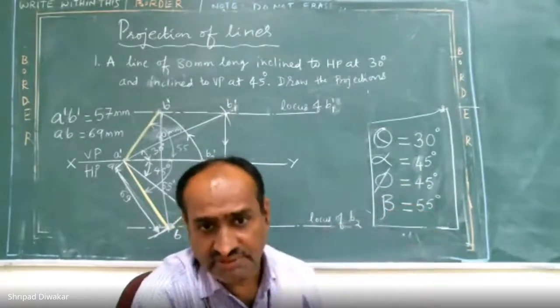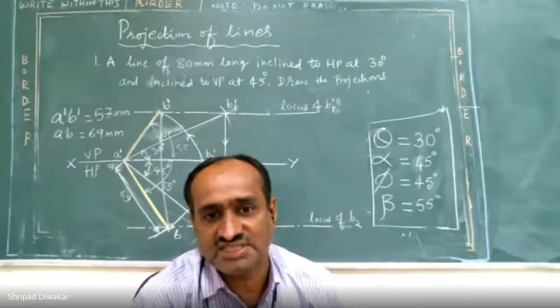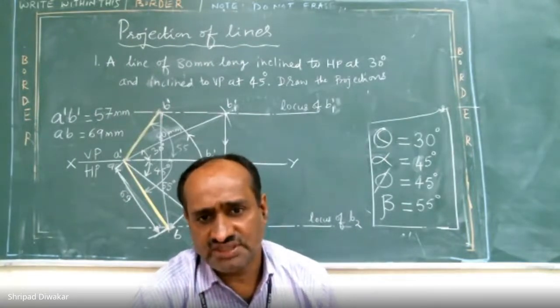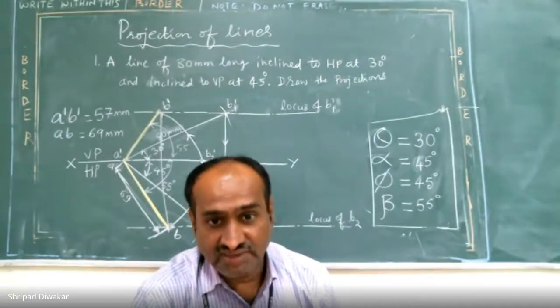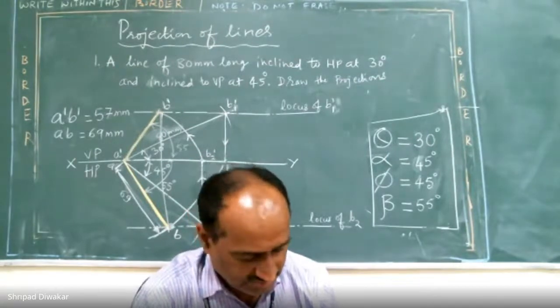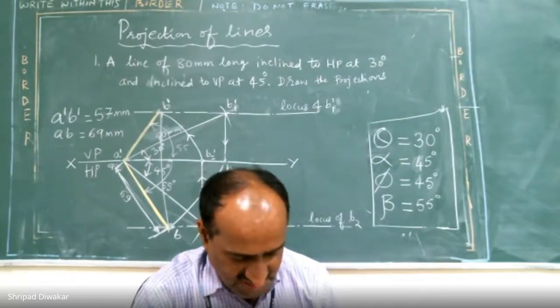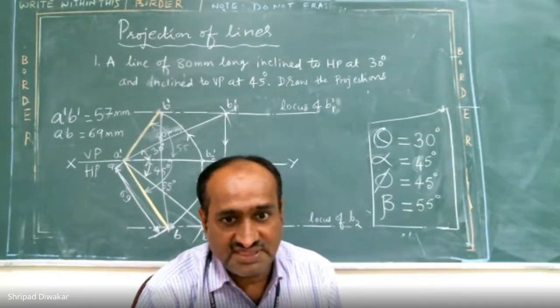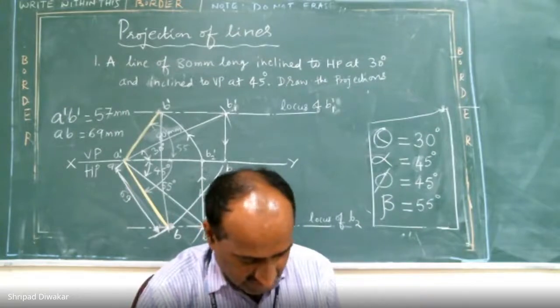It is similar to your previous problem. Whatever values you got, the same values you are getting here also. First and second problem, no change. Even the dimensions, I think, you are getting the same value. But we had two additional lines in the first problem. We don't have the locus line in this problem. The first and second problems are exactly the same; the only difference is that we don't have the dimension of the locus line.